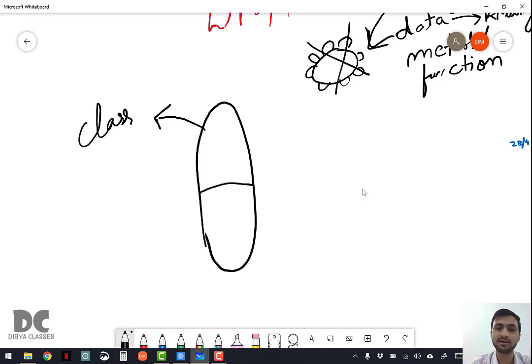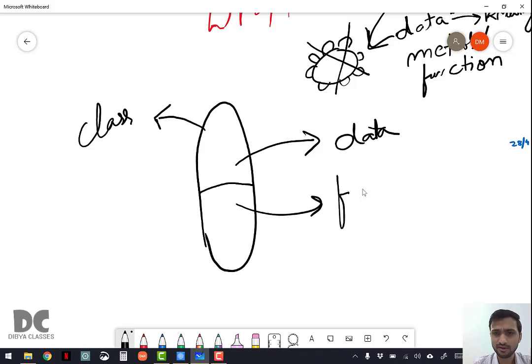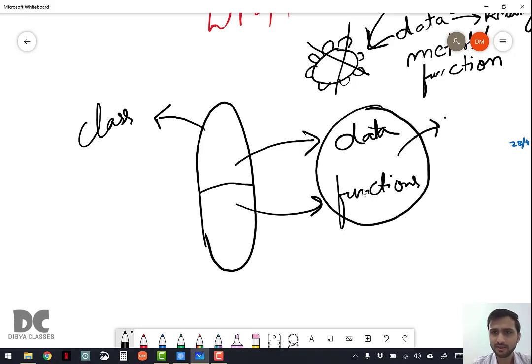So this is also a definition of class, and this class contains a combination of data and functions, and this data and functions is nothing but the medicines, the granules present inside this capsule.